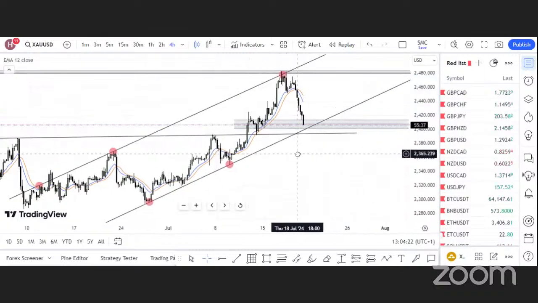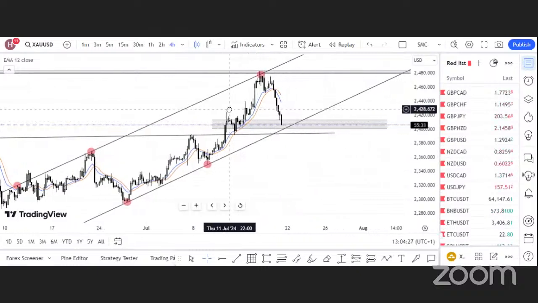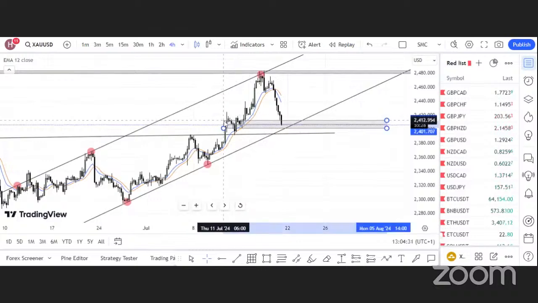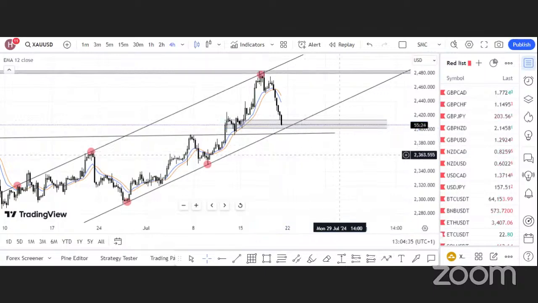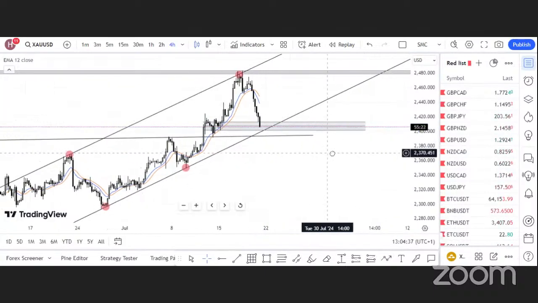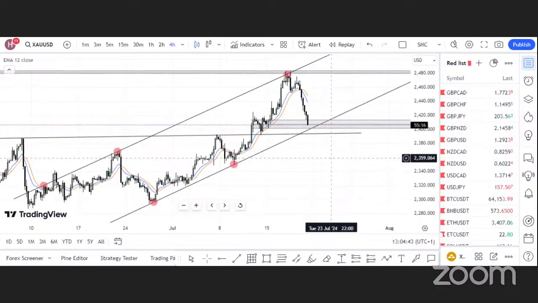So today is Friday. Let's quickly analyze the market and see the opportunity we can open a position on before the market closes for the week. So we are currently on XAUUSD. This is the XAUUSD 4-hour time frame,